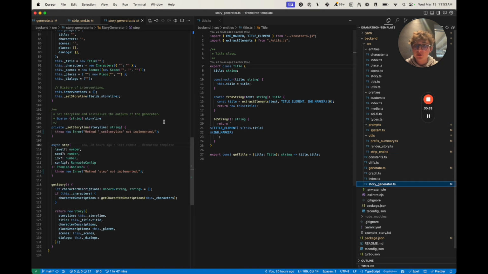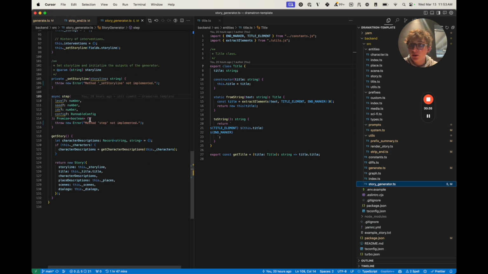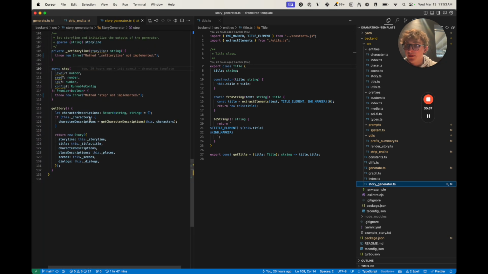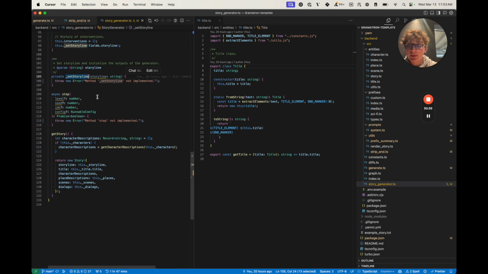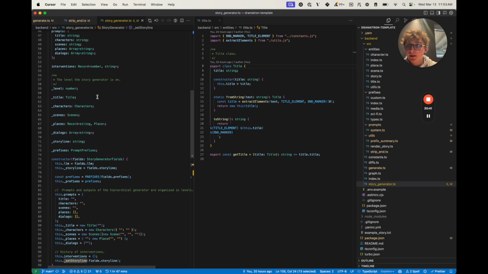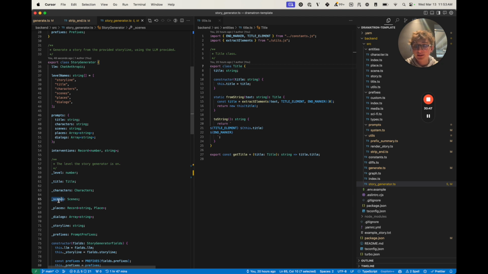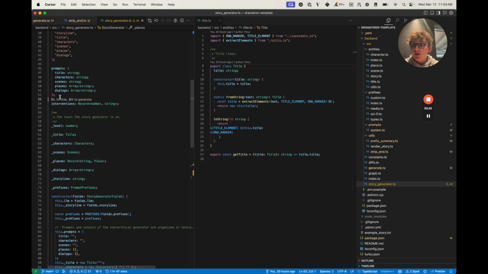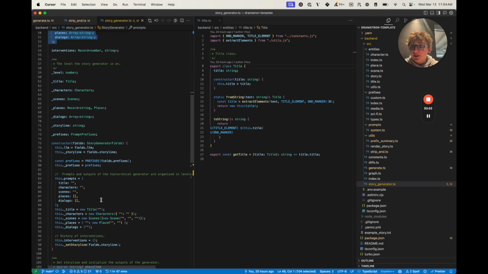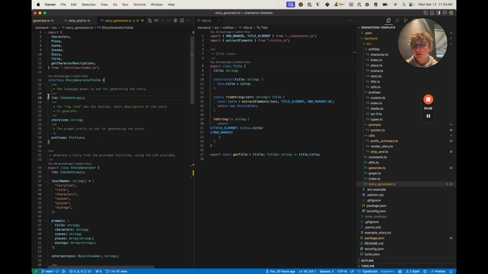Alright, so for the story generator, first I'm going to walk through this class and the methods already implemented, and then we're going to implement the set storyline method. So this is going to be the main class, which handles the generations, handles keeping track of things like the scenes, the places, the dialogues. As we can see, we already have all these class properties here in a constructor, which takes in 3 required args, the LLM, which is going to be Chat Anthropic, storyline, prefixes,